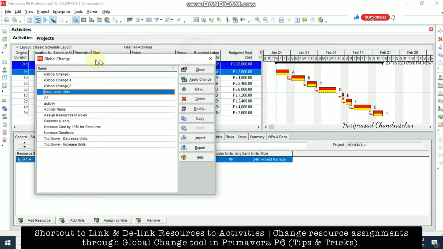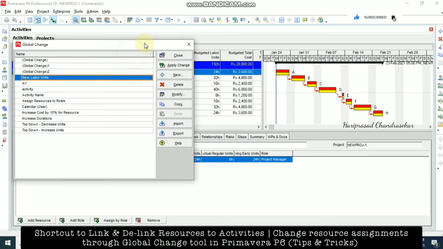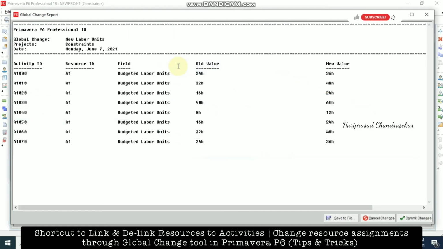I'm showing this budgeted labor unit, and at the same time I'm going for new labor unit and then clicking apply change. When you click apply change, it will show you the report where you can see the old value and also the new value. So 24 into 1.5 became 36.